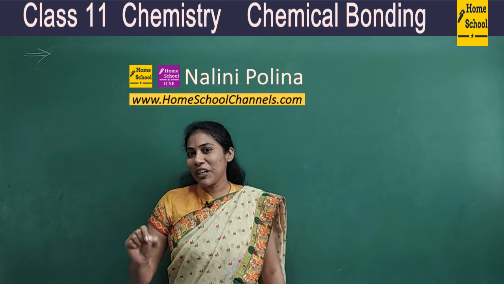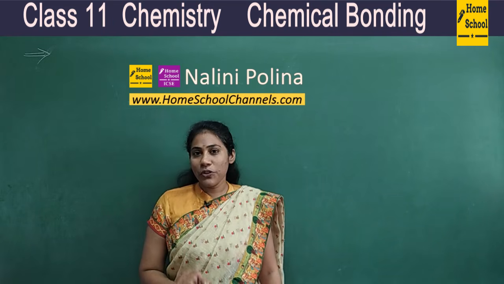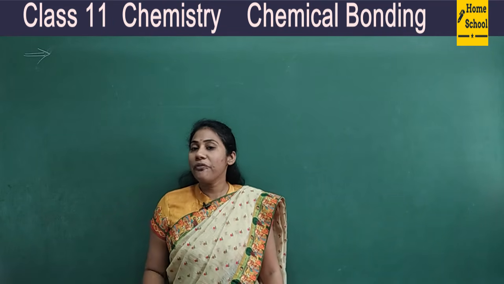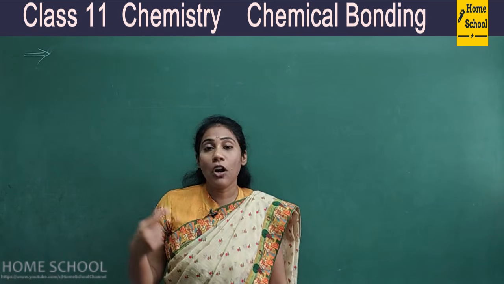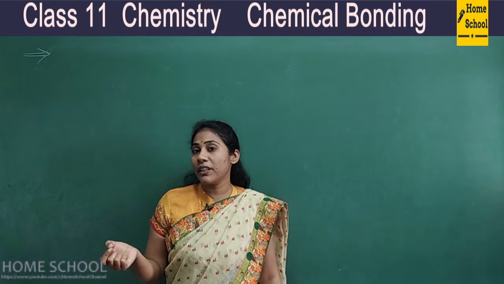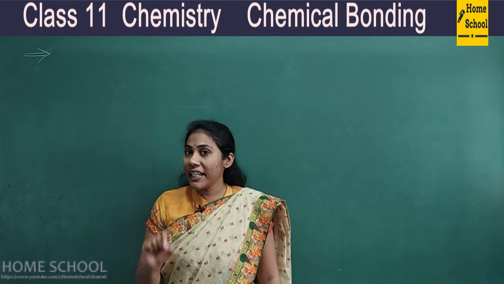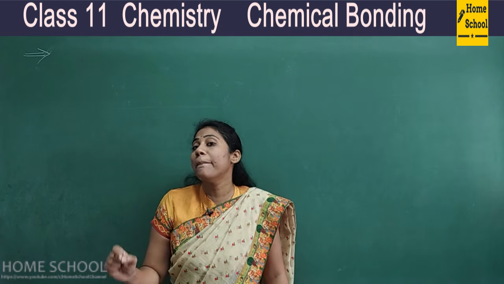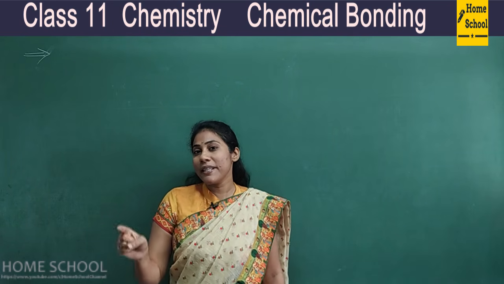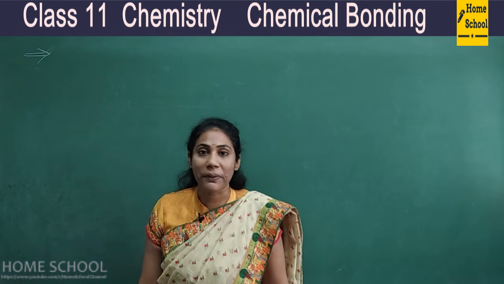And today I have come up with the chapter Chemical Bonding. Already two videos are over on chemical bonding, where I discussed covalent bond formation, octet rule, limitations of octet rule, and I taught you a very important and simple trick to write the Lewis structures of compounds easily. So don't miss it out. It was in part 1 of the chemical bonding chapter.